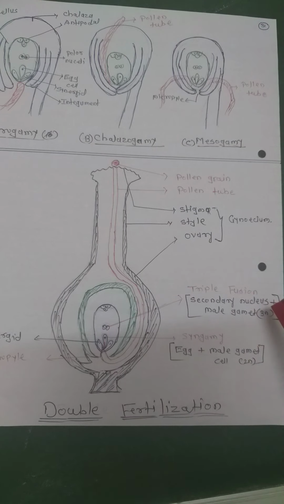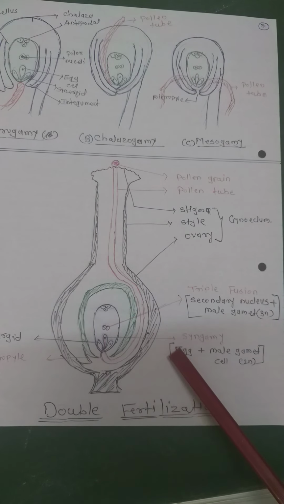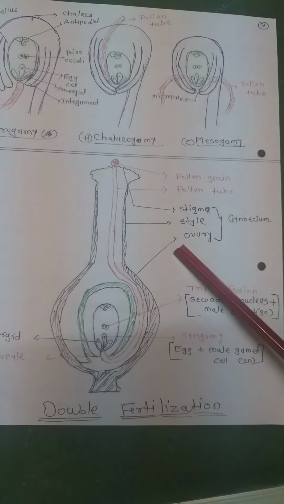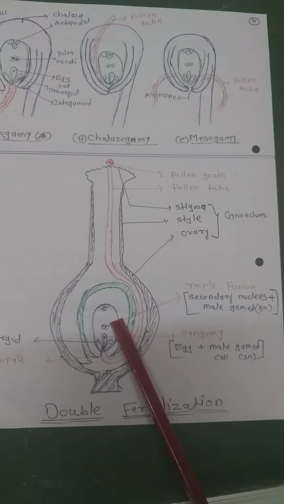That develops into the triploid endosperm. Two non-motile male gametes are carried through the hollow pollen tube. This process is called siphonogamy, while syngamy is the type of generative fertilization and triple fusion is the type of vegetative fertilization. This is the process of double fertilization. Here two male gametes fuse at different places, one with the egg and another with the secondary nucleus. So fertilization takes place twice. This condition is known as double fertilization.